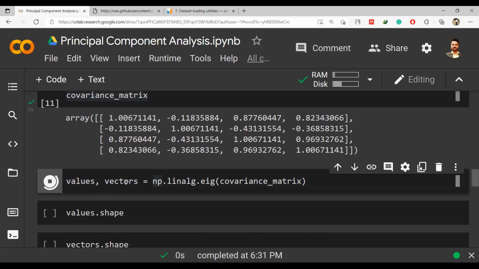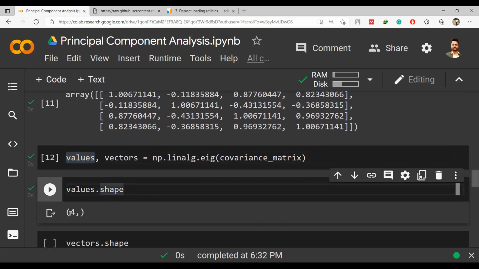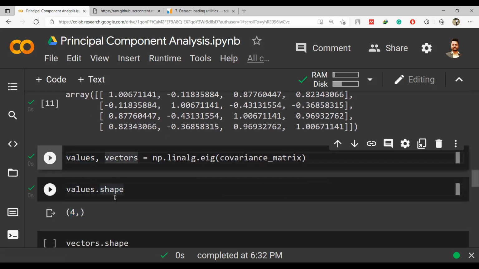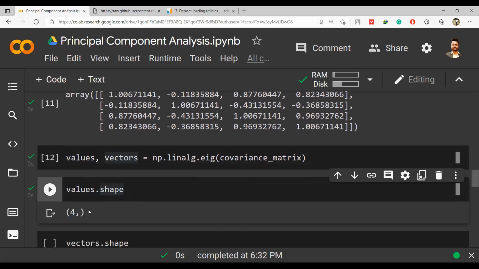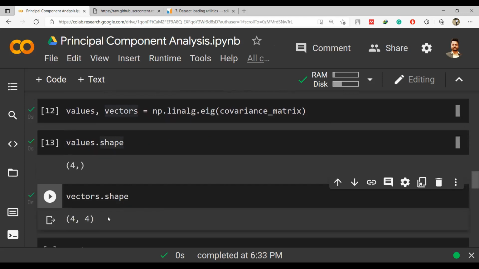And if you run this, these two values will be filled, and you can also print these two values, and you can also see the shape of it. So let's see the eigenvalues, what is the shape of eigenvalues. So 4 comma nothing, it was expected, right? There are four eigenvalues in a row, and there is only one column, so the shape will be 4 comma empty. Similarly, the eigenvector shape will be 4 comma 4, because my eigenvectors have to be mapped with each other, right?